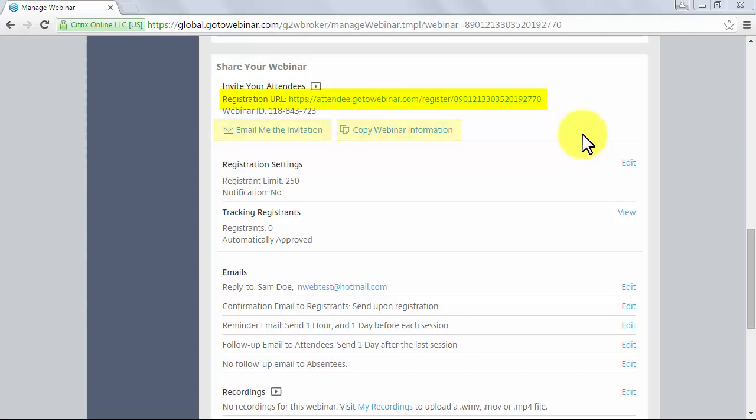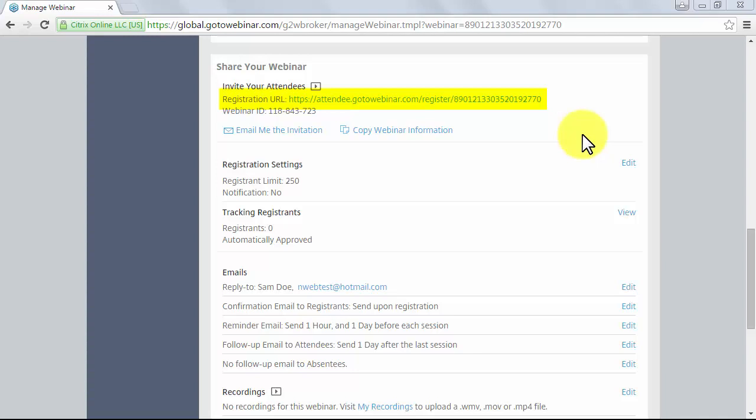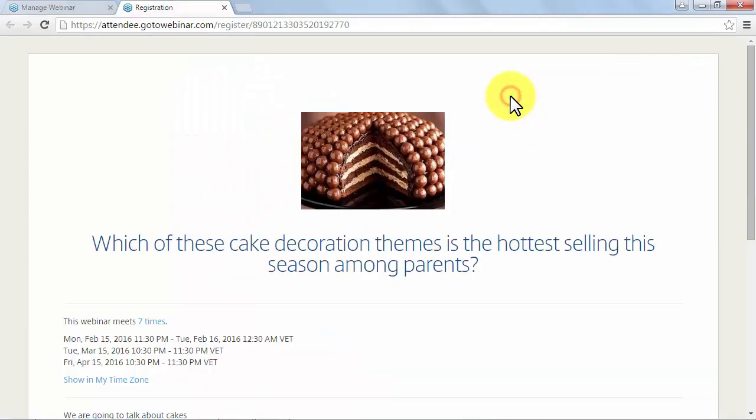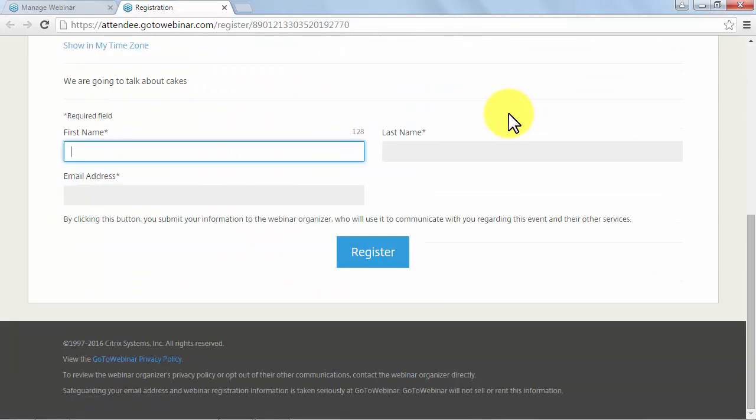Information button. Registration URL. The registration URL is one of the most important elements powered by GoToWebinar and the tool that will make would-be attendees reach your sessions. This is the one thing you'll need to have in hand when identifying venues to advertise your webinars. The registration URL is a website address that will redirect anyone to your webinar's registration page. When you press it, you will open the registration page that you customized before, exactly like you previewed it, this